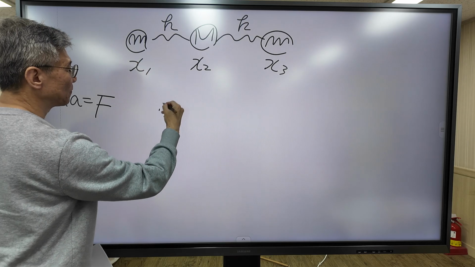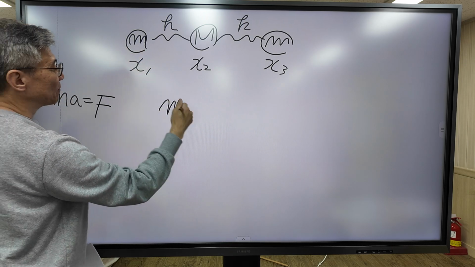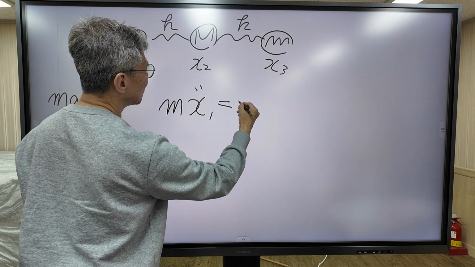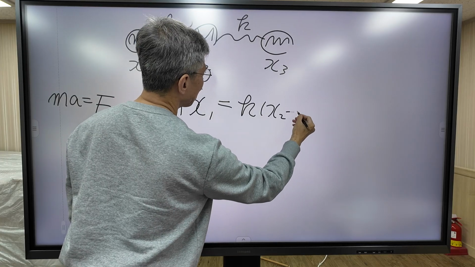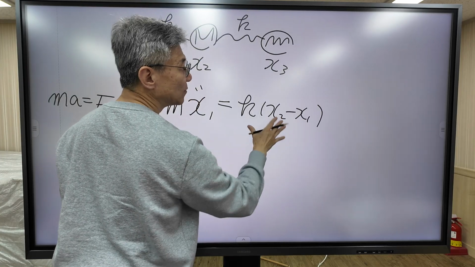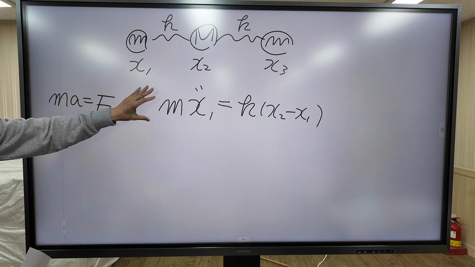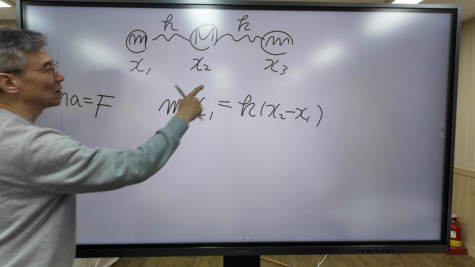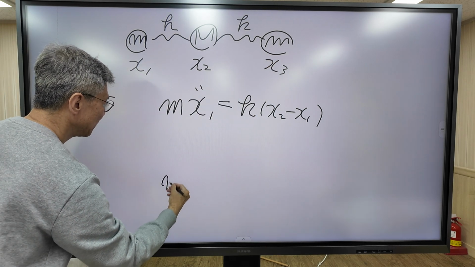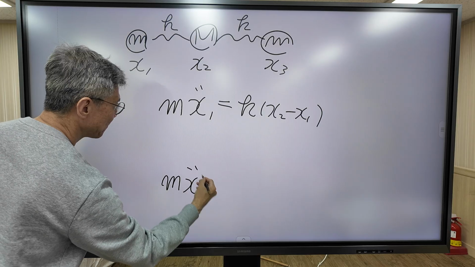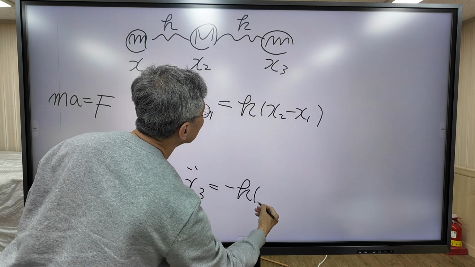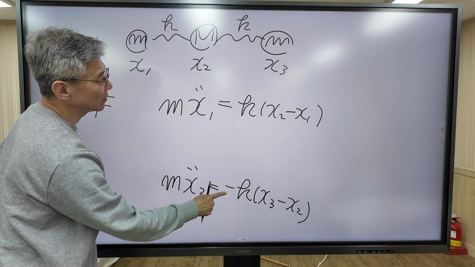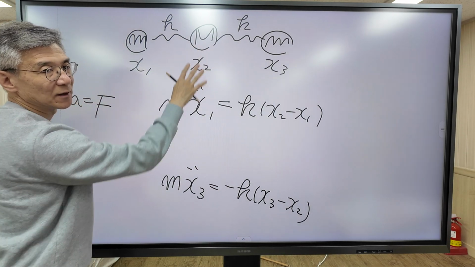So first, I'm going to apply this Newton equation for the first atom. So for the first atom, mass is small m, equal, according to Hooke's law, this is the first term. So this is the first Newton's equation for the first particle, and I'm going to apply this Newton equation for the third particle. We need a minus sign because in this case the force is on the left side.